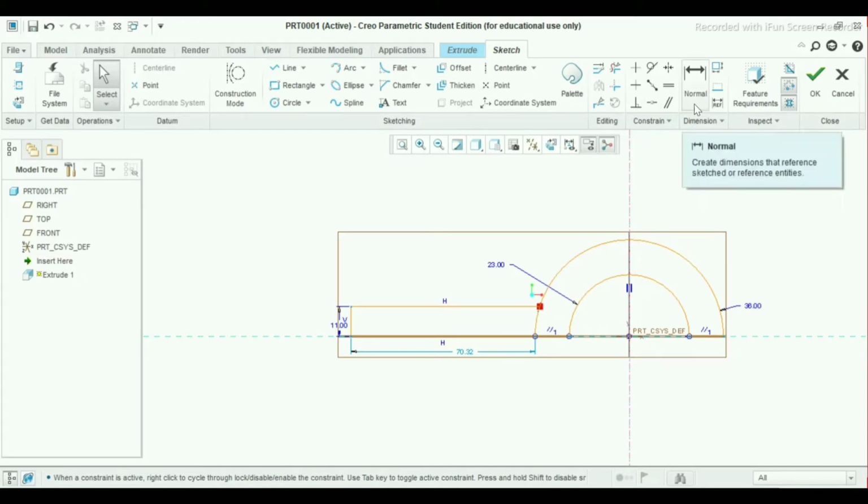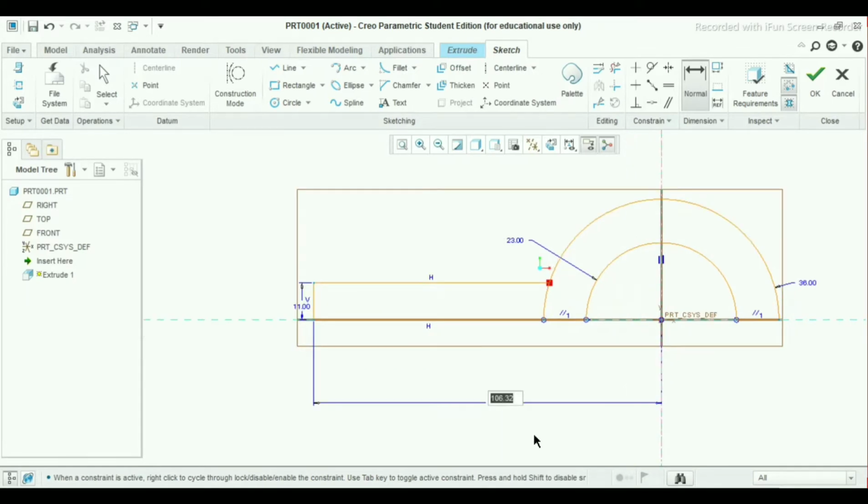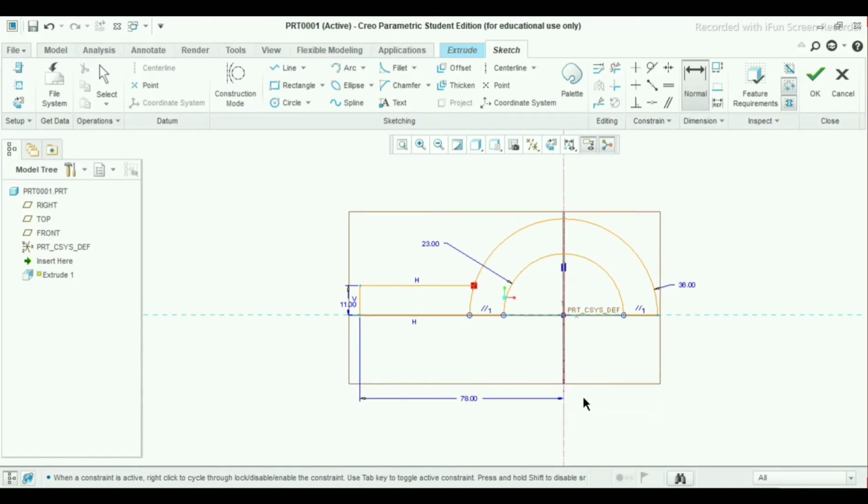Again use normal. Select this point and this center line. Make it 78 mm. Now again choose this point and this point. Press scroll button.